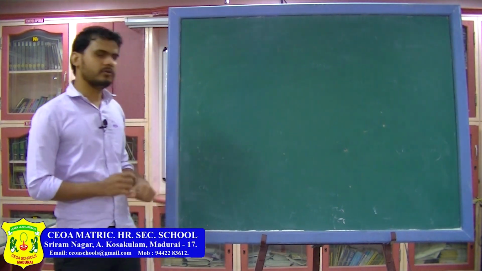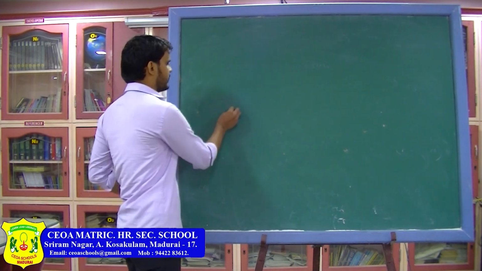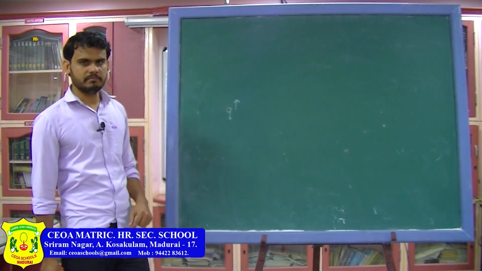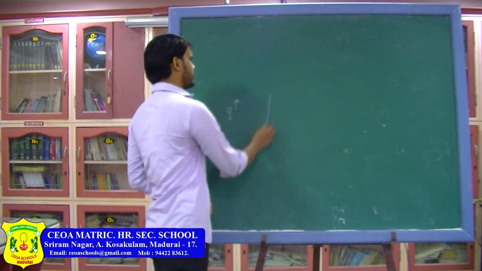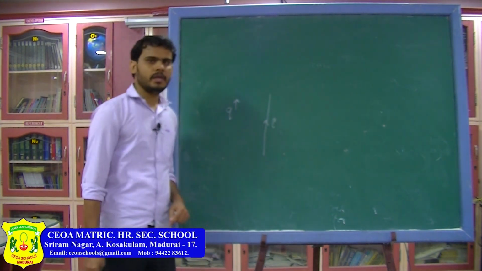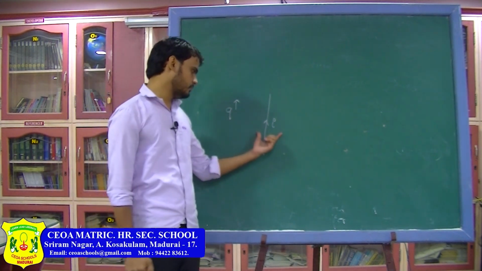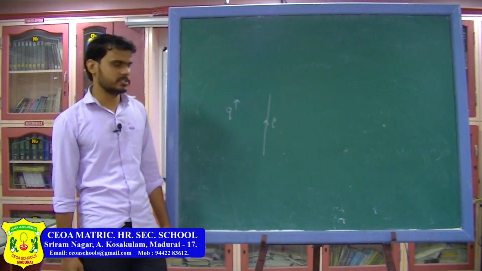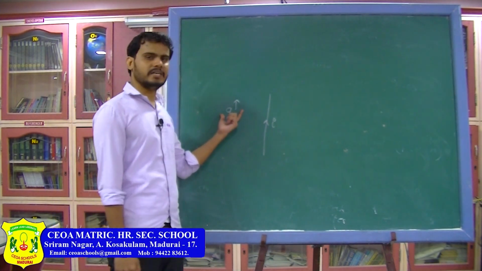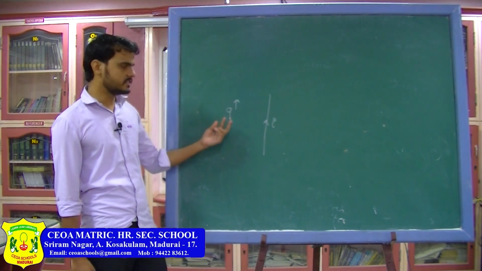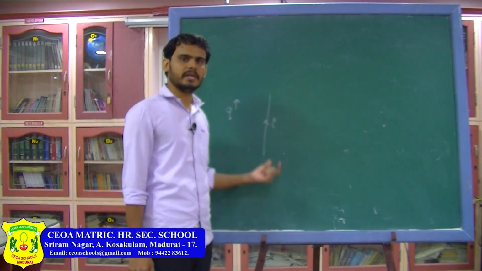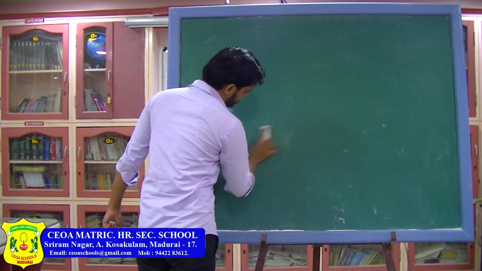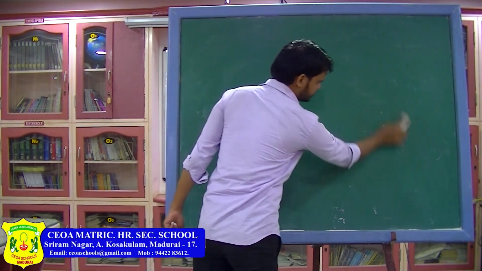So now we are going to talk about magnetic force. Here first we will find the magnetic force on a moving charge. After doing a detailed study of the magnetic force on a moving charge, we will see the magnetic force on a current carrying wire. As I told you in the initial class, first we see the magnetic field due to a current carrying wire, then the magnetic field due to the charge. Now if in that magnetic field a charge is moving, it is going to experience a force. We will see that force, then we will see the magnetic force on a current carrying wire. So do not get confused between the formula for the force and the formula for magnetic field.